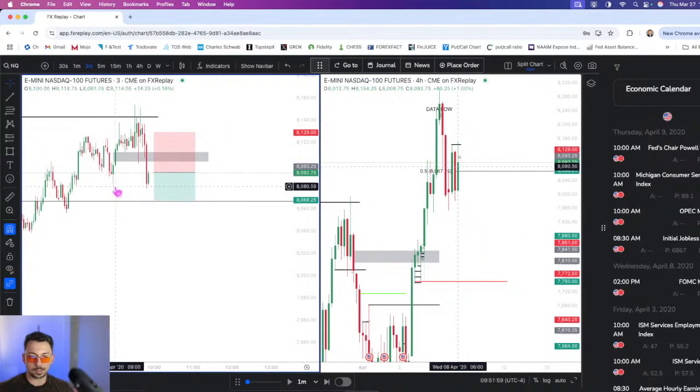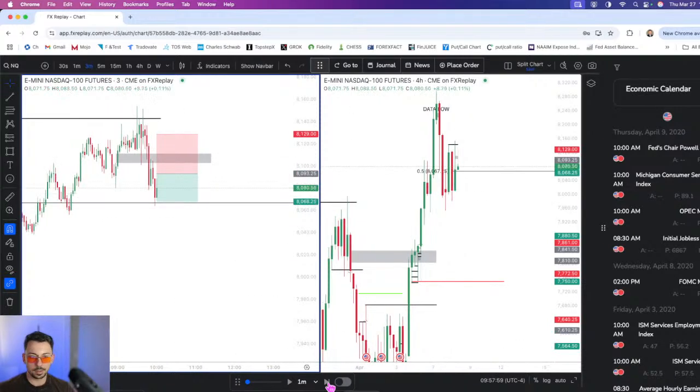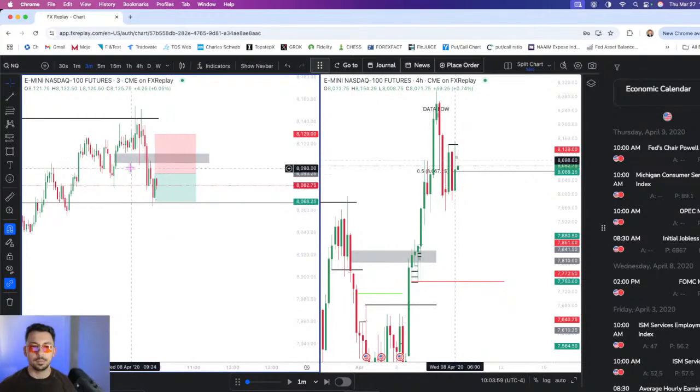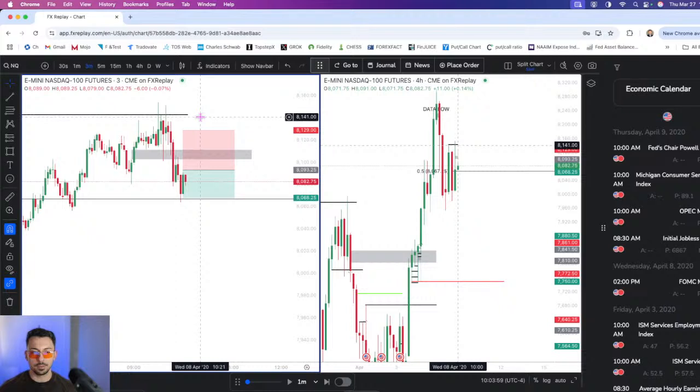Okay, it was an automatic stop to break even. And let's see if it ends up hurting me or helping me. All right, so it ended up hurting me. Well, not hurting me, but it was a stop to break even. It still worked, but again, the objective of the model is to have a free trade, right? So, okay, 1 second.